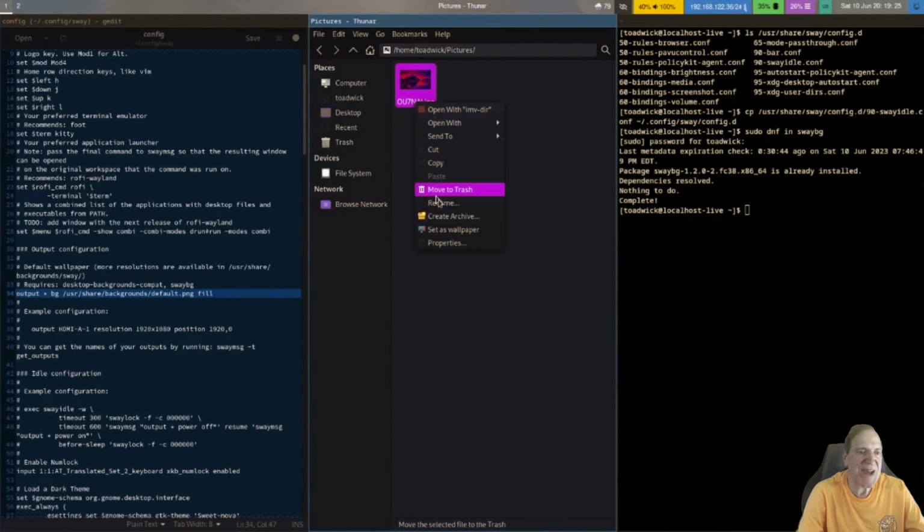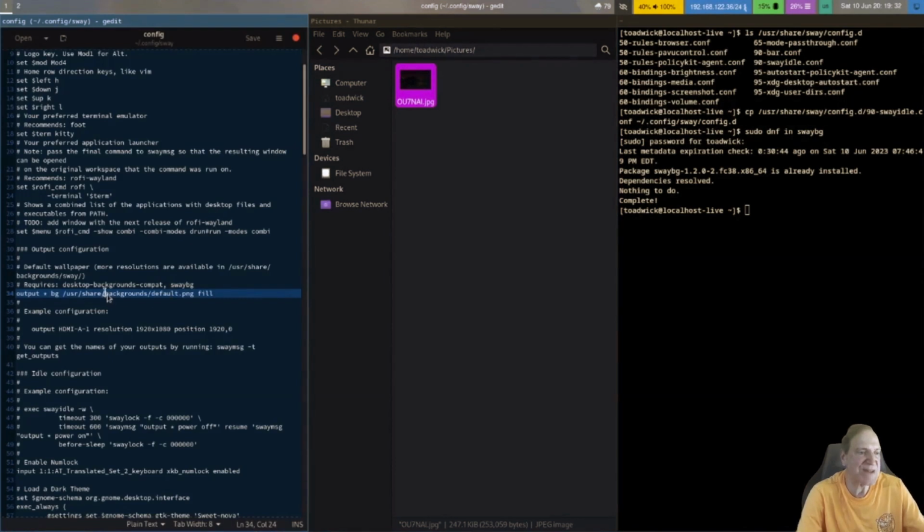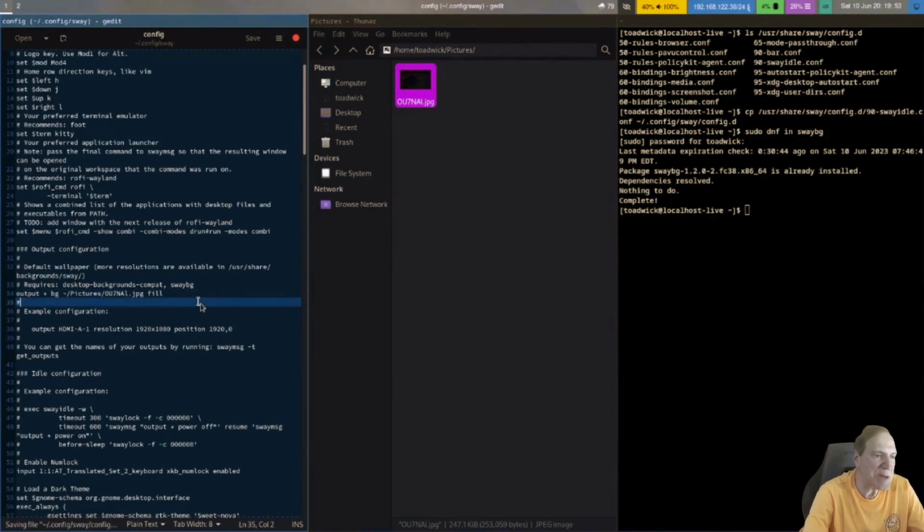So I'm just gonna go back here, hit rename, and just copy that real quick. That's a pretty simple name. A lot of those Google Images things are a mile long, but that one was actually simple. Then I'm going to change our path here. I'm going to just overwrite all that and change it to / for our home, then pictures with an uppercase P, and then paste in our file name, hit save, reload, Super Shift R, and now we should have